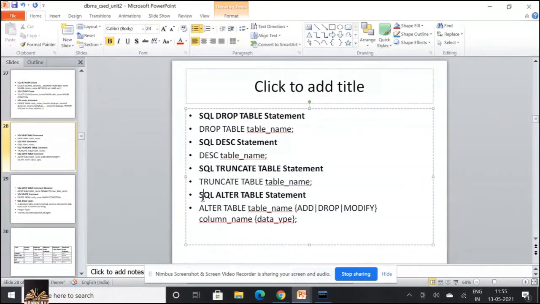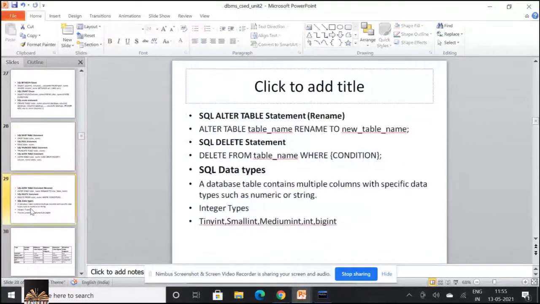So you can drop existing columns. You can modify the existing column values with respect to the data type, all that stuff. And you can drop the existing columns, add any new columns to the existing table. And you can add it in a specific location also. Already I've shown you that, how to add columns in specific locations. Okay, then with